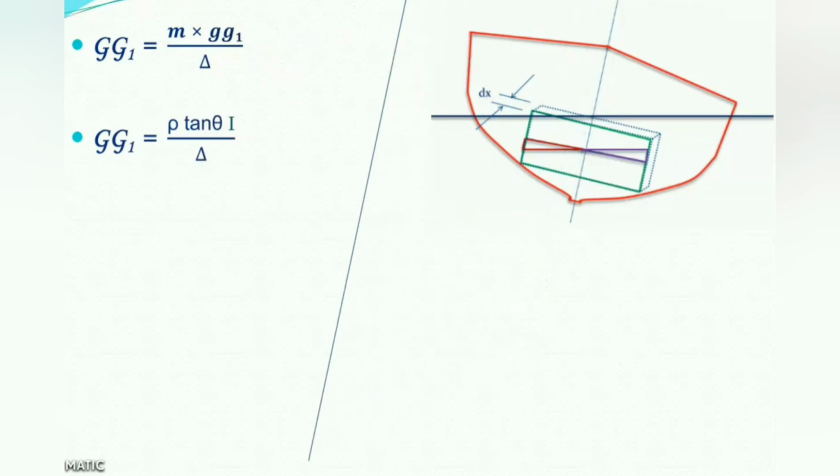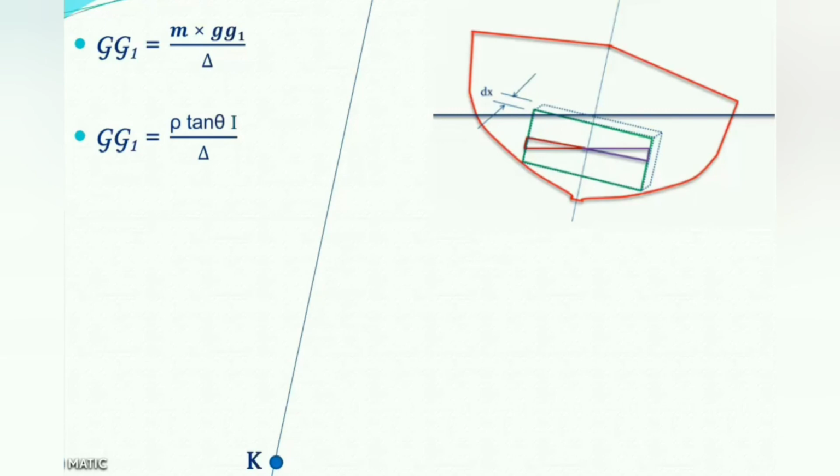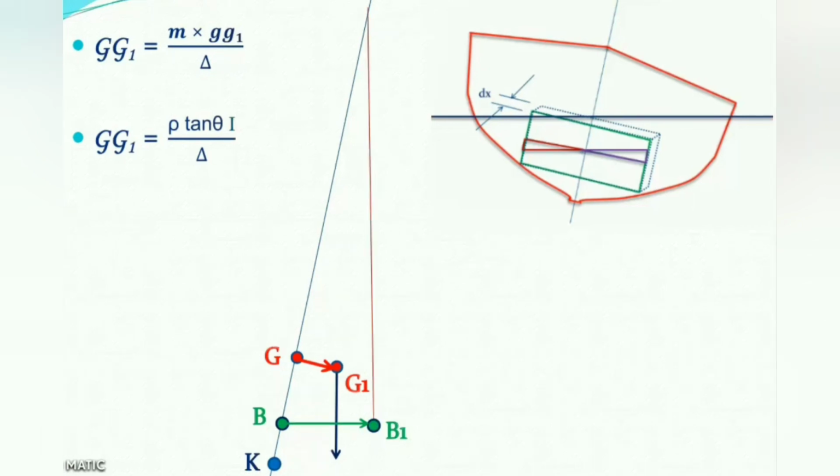Let us now have a magnified view of the ship's center line. Point K representing the ship's keel, center of buoyancy lying at point B, original center of gravity of the ship lying at point G. This will now go off the center line at point G1. Gravitational forces will now be acting downwards through the new center of gravity, that is G1. Center of buoyancy after the ship inclines will also be changing its location. Upward buoyant forces will now be acting through the new center of buoyancy. In this regard, we will then get the metacenter here.